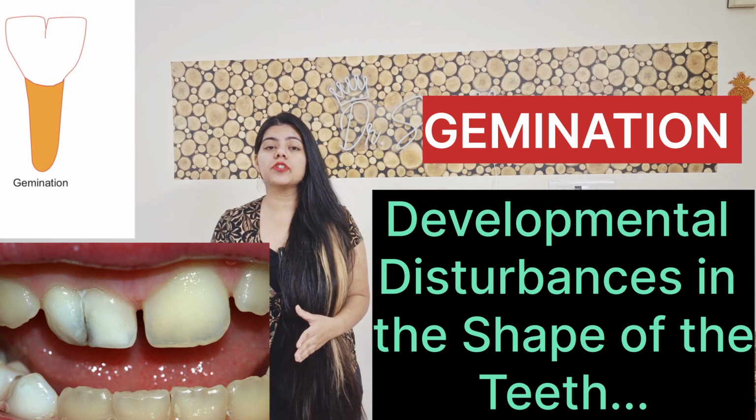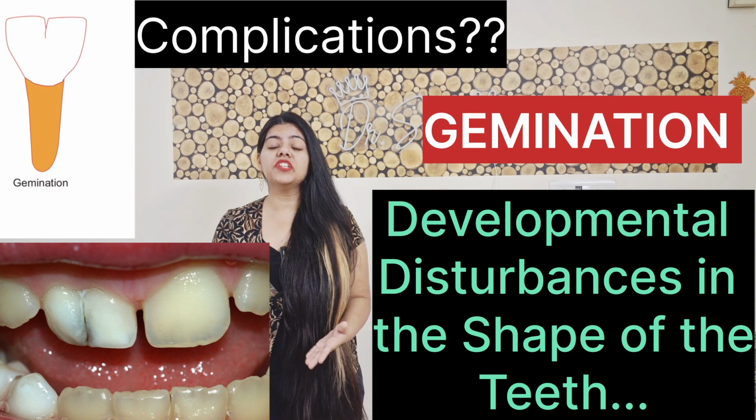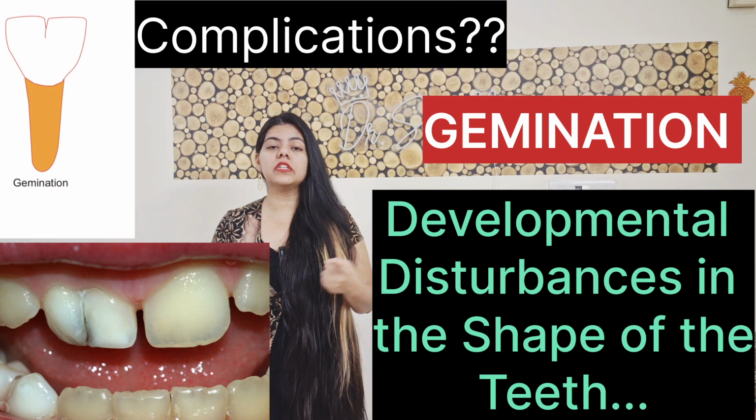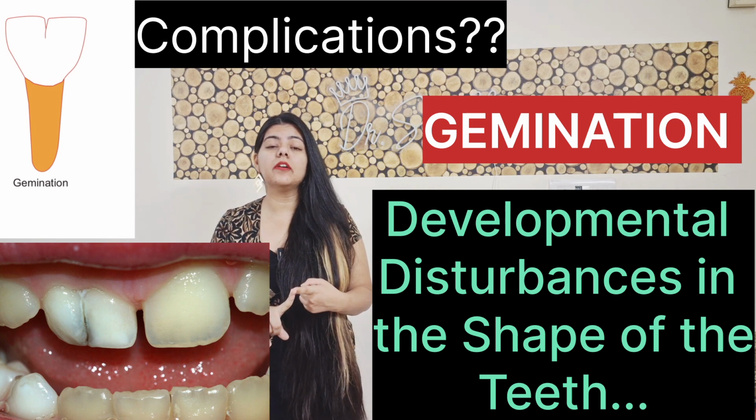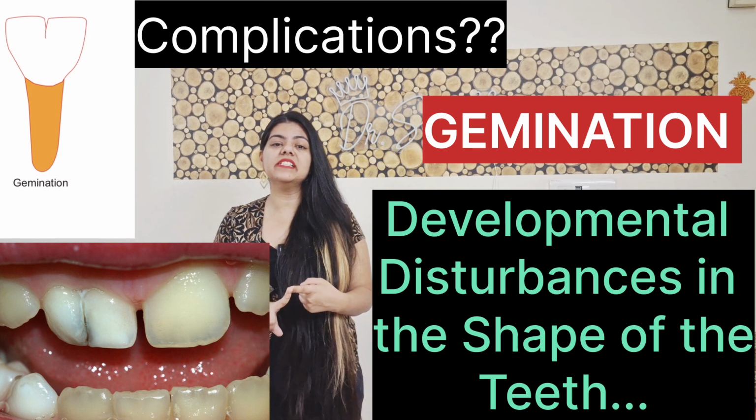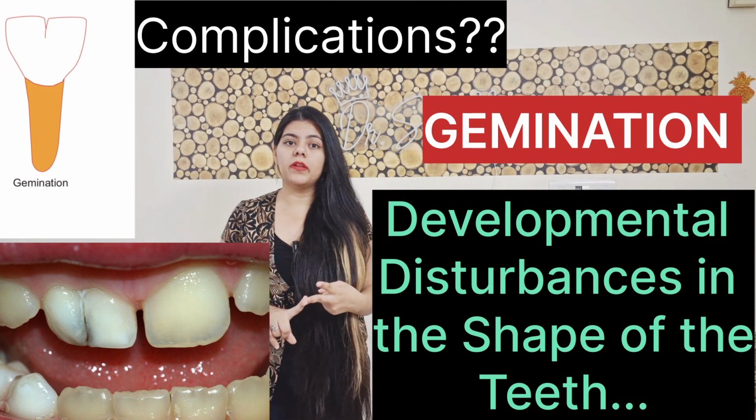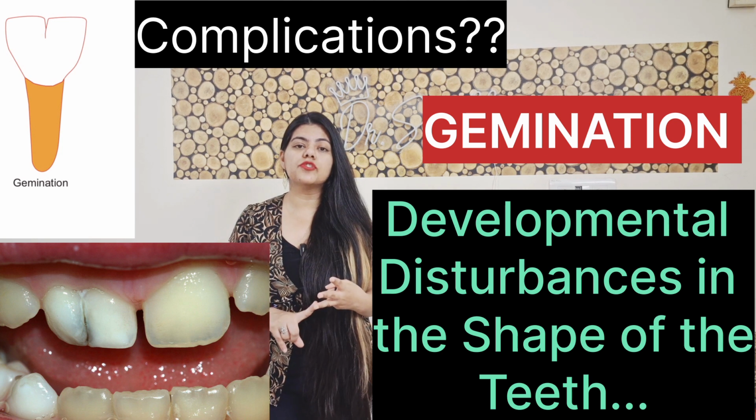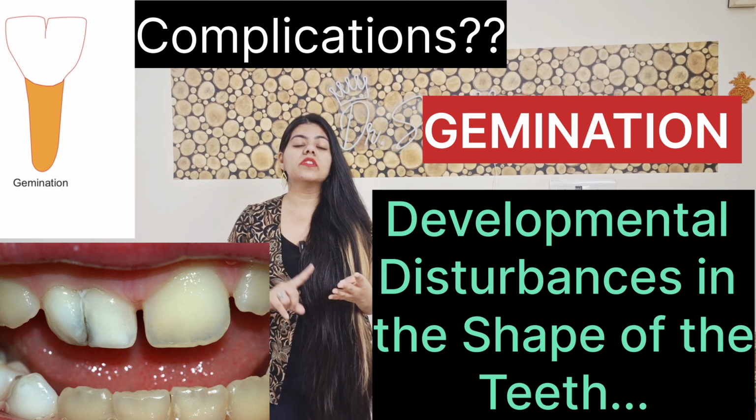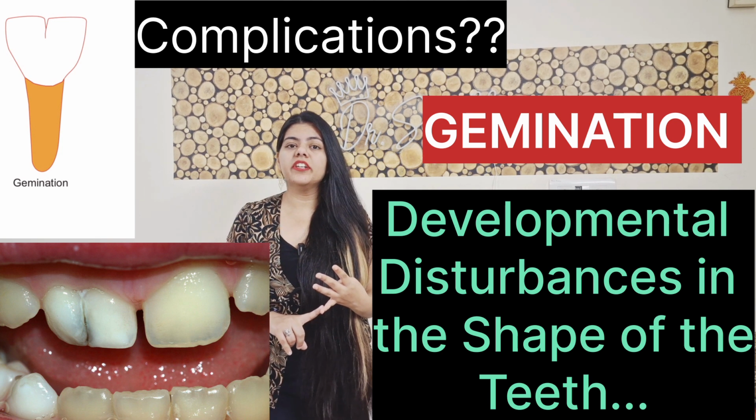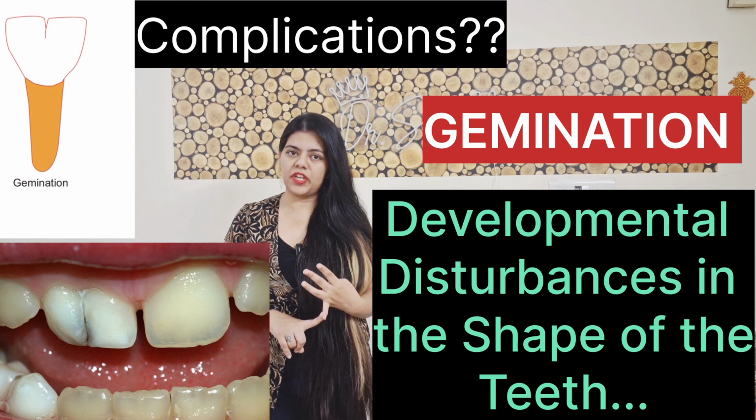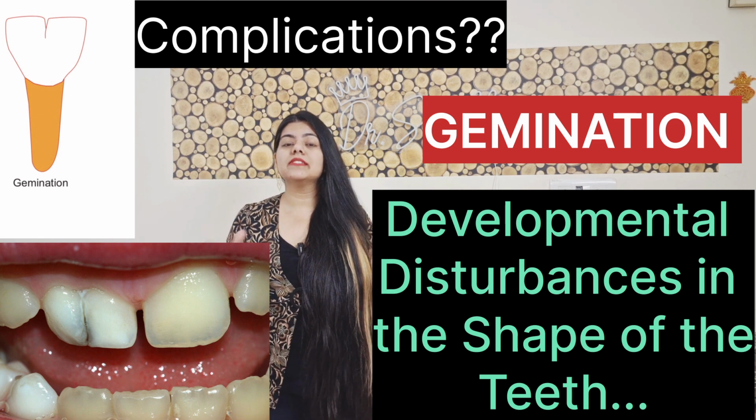Their complications, if we see in case of gemination in the tooth: the first clinical complication is that they are more susceptible to dental caries. Second one is that a periodontal problem is there. Third, the malocclusion is affected. Fourth, they have more tendency to have a pulpal infection. Followed by the second condition